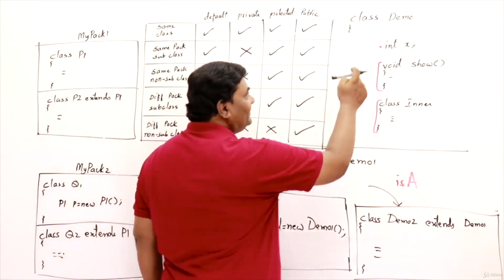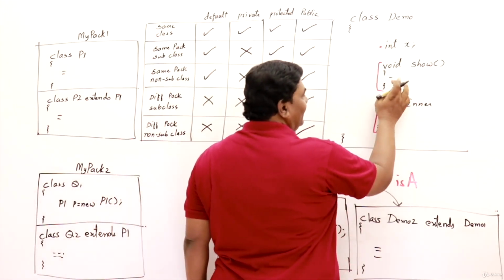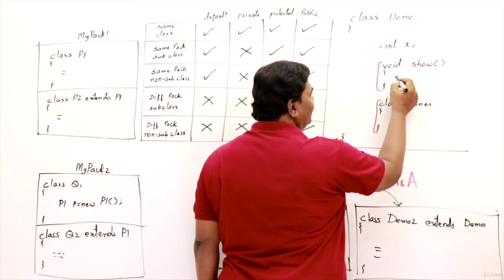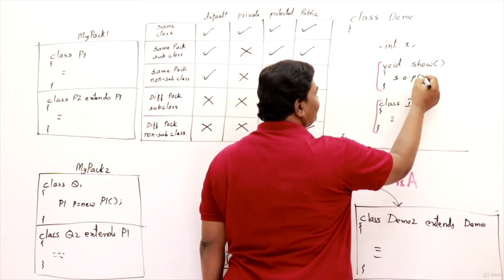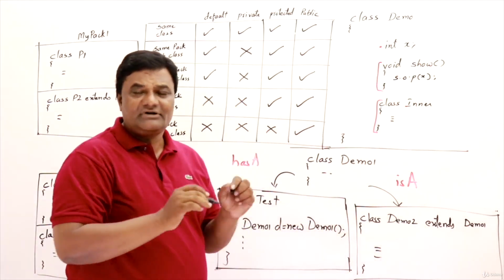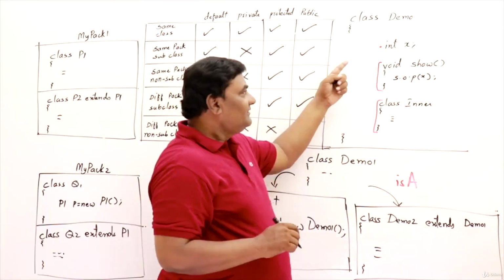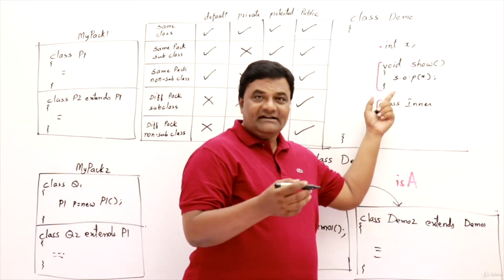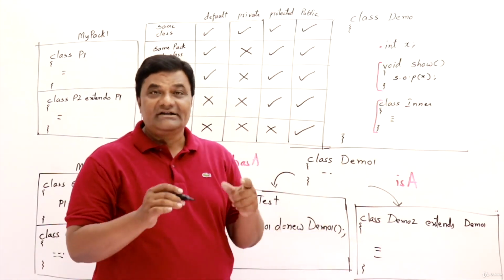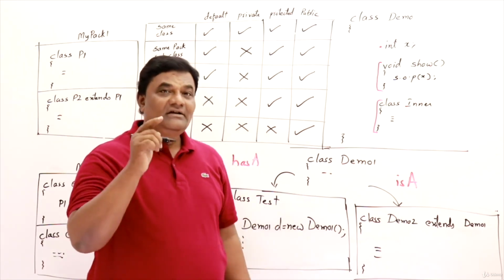So here, for example, I have a data member and a method in a class. Suppose I want to display this with System.out.println(x). So yes, I can do that, whether that x is private, protected, anything, whatever it is, I can access it. So the members of a class are accessible within the same class. This is the simplest thing, right? Already we know, we have seen it a lot of times. Now next,